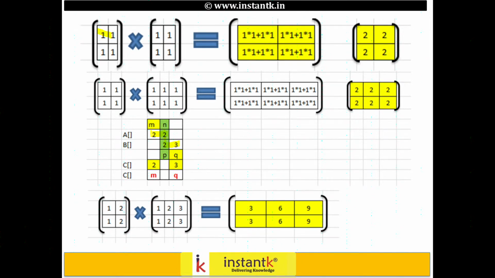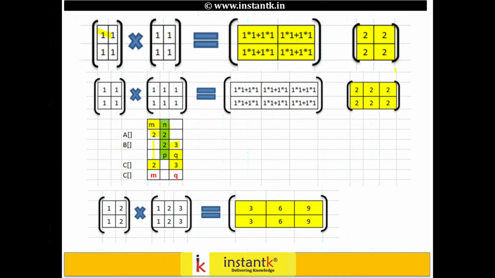So for example, there is a matrix of 2 into 2 and the B matrix should be 2 into 3. So the inner dimensions here have to be the same, and the resultant matrix is going to have the rows of A and the columns of B. So the resultant is going to be 2 into 3.